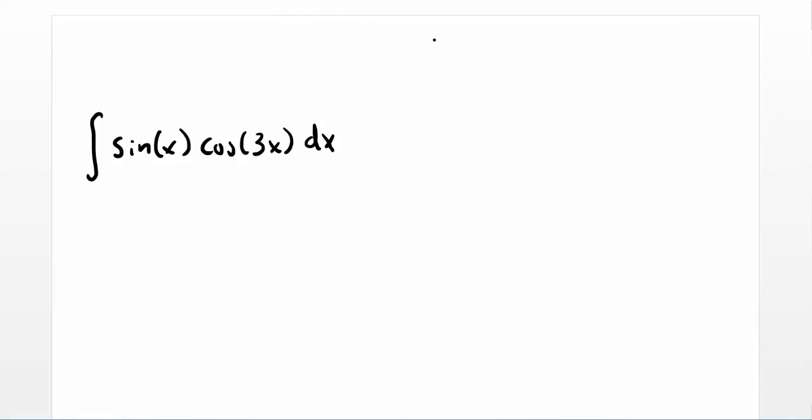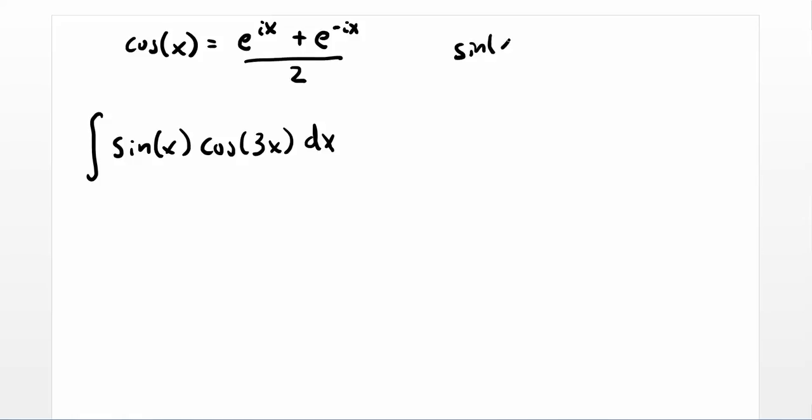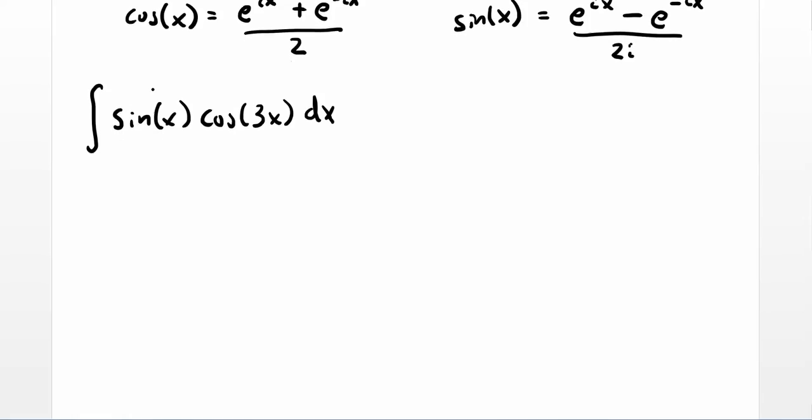So here are the identities that you need to know and understand: cosine of x is equal to e to the ix plus e to the negative ix over 2, and sine of x is equal to e to the ix minus e to the negative ix over 2i. Notice the differences. The sine function has a negative in the middle and an i on the bottom. The cosine does not. So we're going to apply this to this trig function,